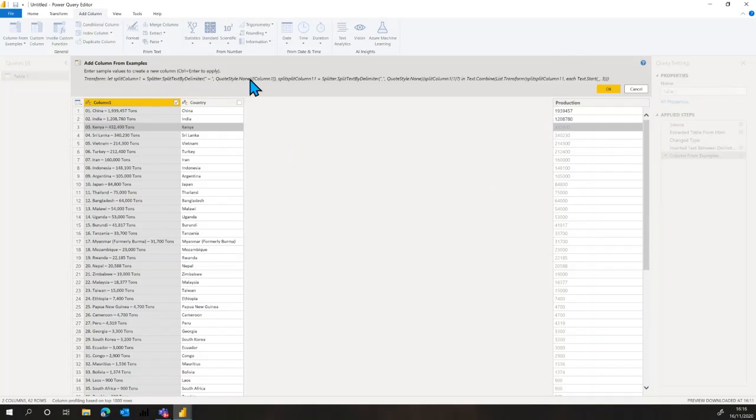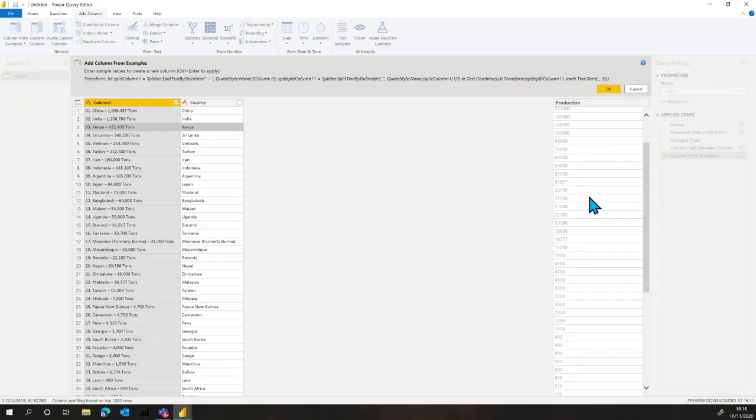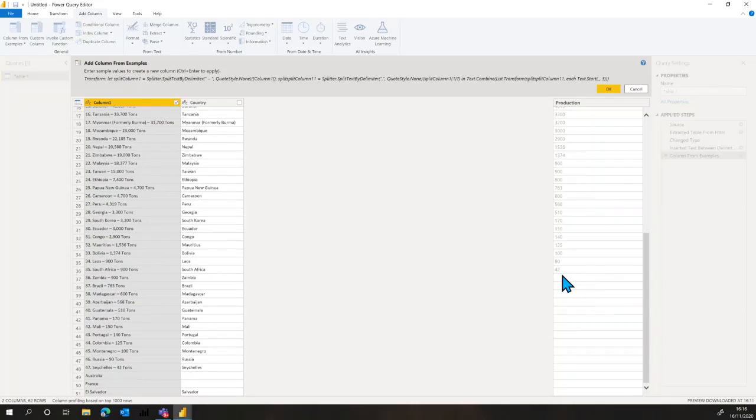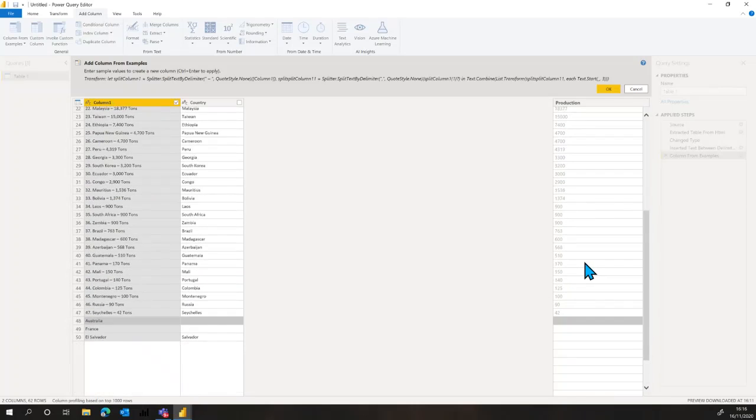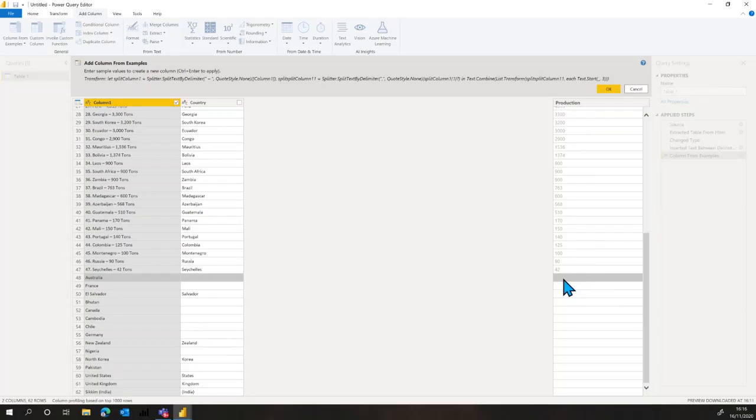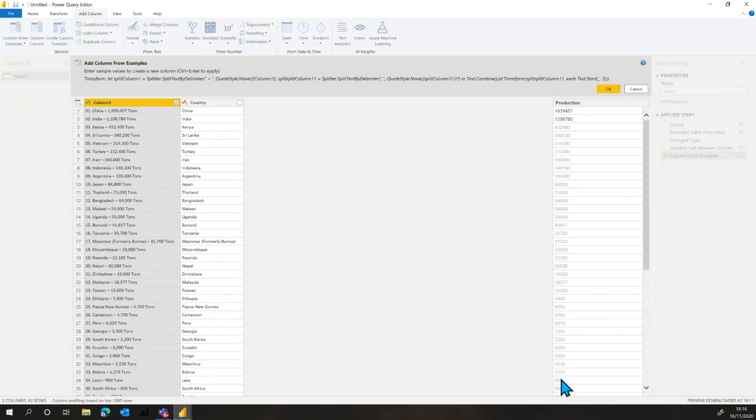And if you look at the top here, it's done quite a whole lot of work there to try and get that number. I'm scrolling down, and we've got some down the bottom here that don't appear to have numbers. So that's Australia, the first one that doesn't have numbers, and that's fine. The ones that don't have production we're going to get rid of in a second, but let's go with that for the time being. And look at that amount of M that's written across the top. Let me show you in other places so you can see that as well. So when I click OK,